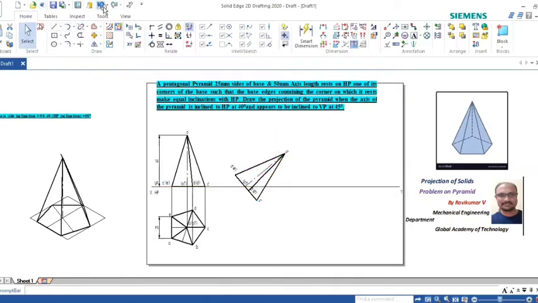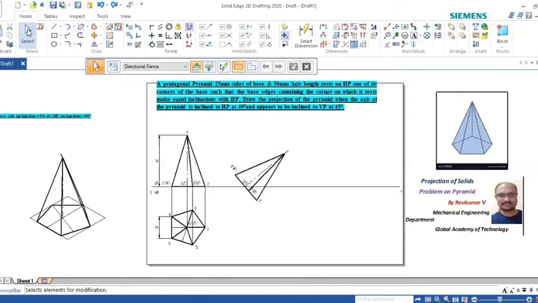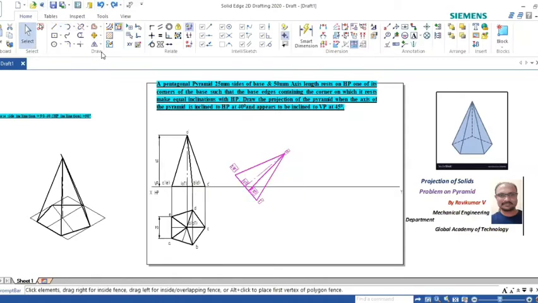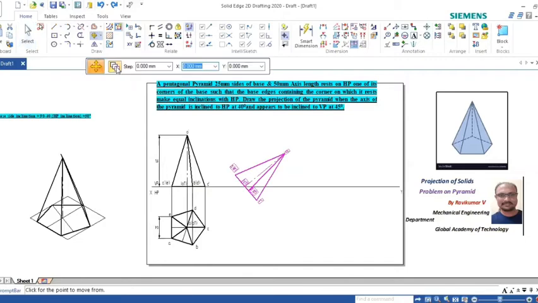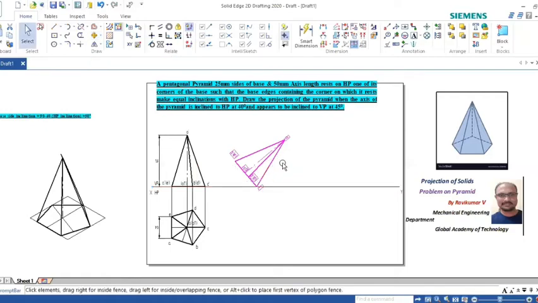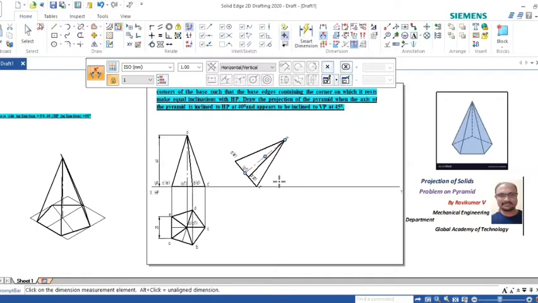Then undo here. Select the drawing and go to move. When you move copy, you have to switch this off, otherwise it will make a copy. Select this corner, place it on this XY line, and move this drawing upper side. The corner should rest on the XY line. So now you have placed the corner resting on the XY line. Now measure the angle between the axis line and this base line.